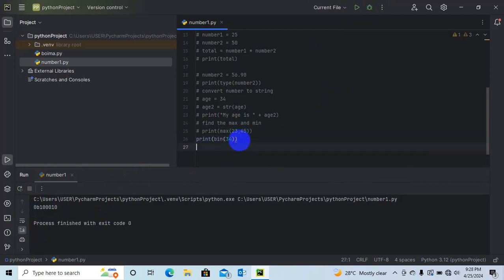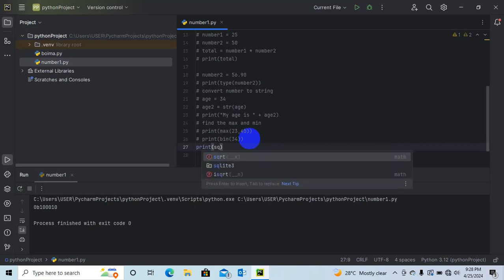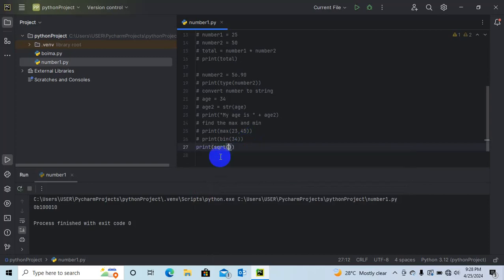Let's say the square root of 100. We want to find the square root of 100. So let's comment this out. To find the square root of 100, we say print, parenthesis, and we'll put sqrt, then 100.